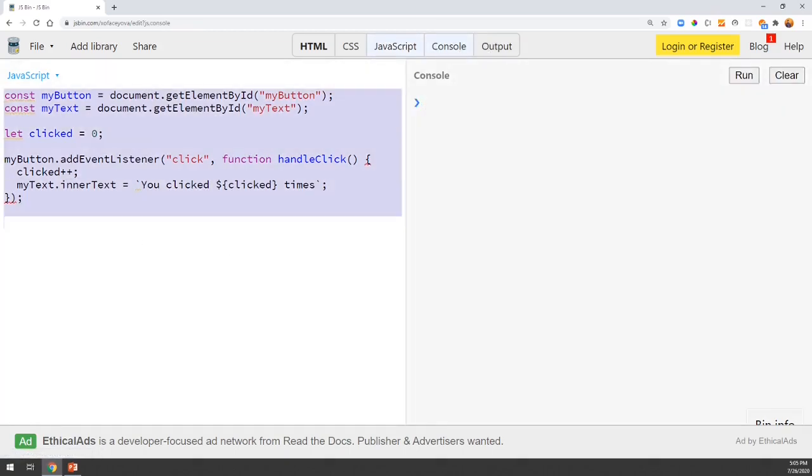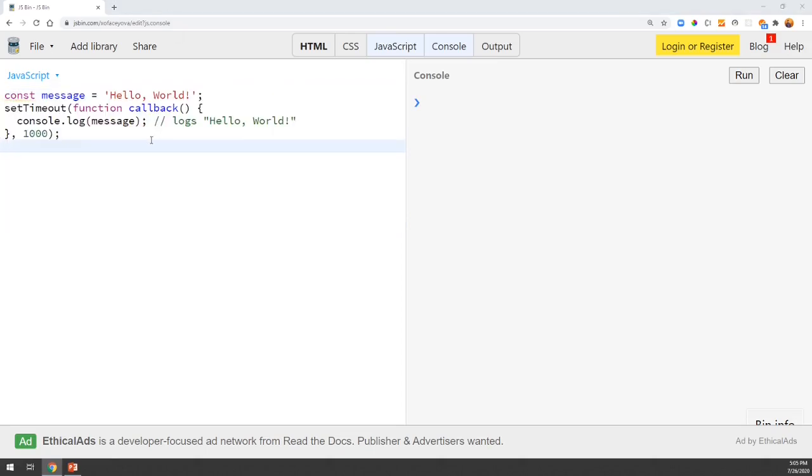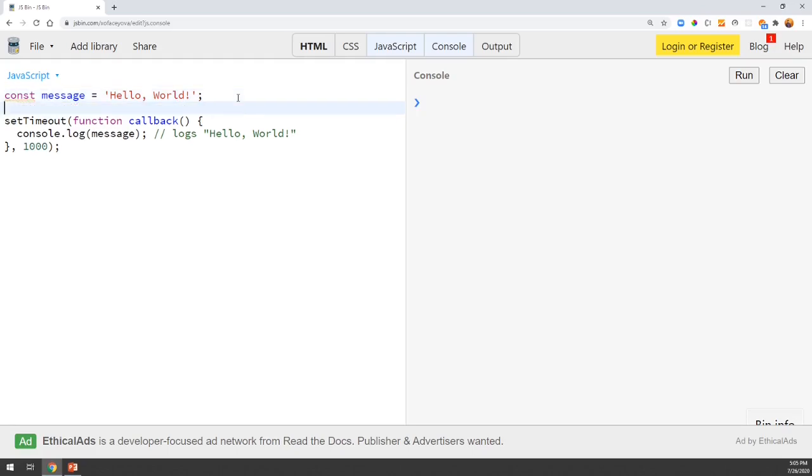Okay, so now here I have copied it. Constant message is equal to hello world. Then I have taken the set timeout, which has a callback function which will print console.log message. So message will be printed on our console after 1 second. Let me run this code, clear and run. So after 1 second we can see hello world.